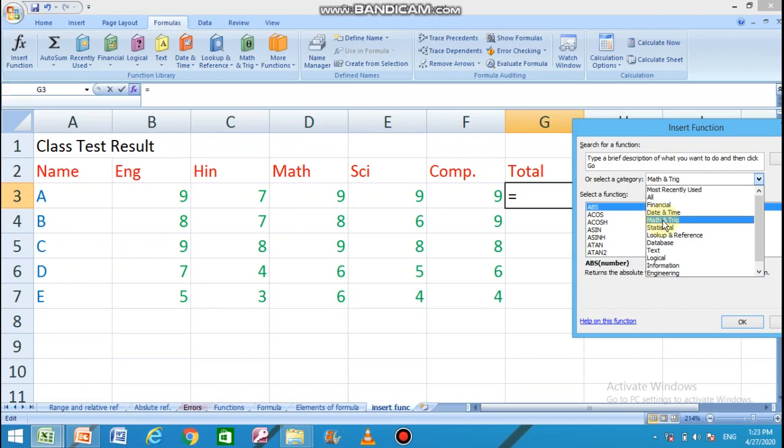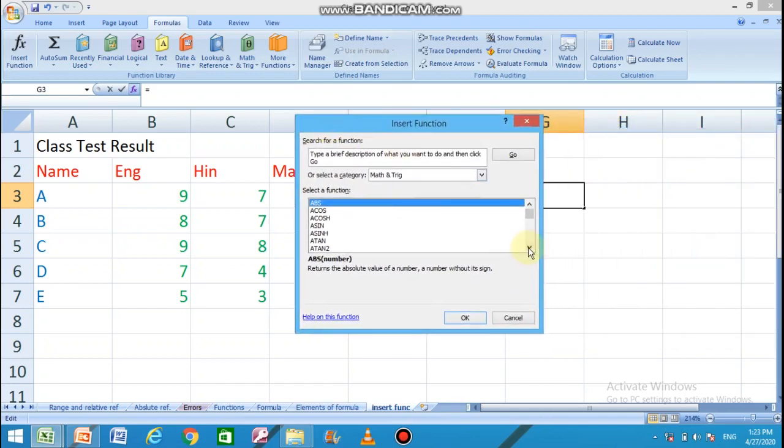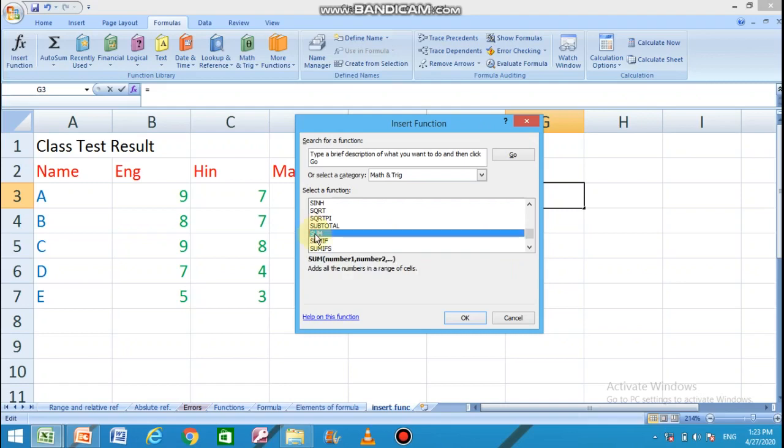So we'll select maths. All the maths functions are now displayed in the list box below. You can find out your appropriate function which is required in the operation, that is the sum function. Select it and click on OK button.